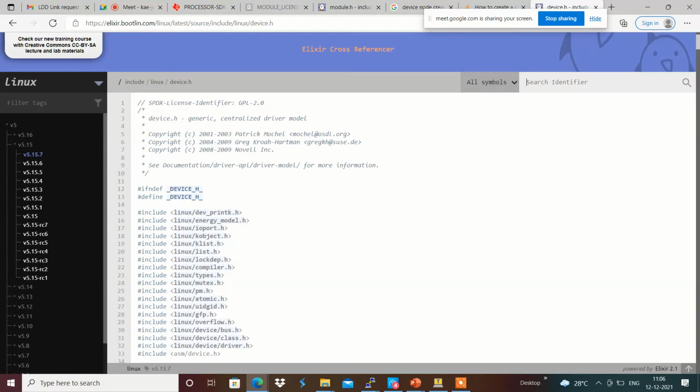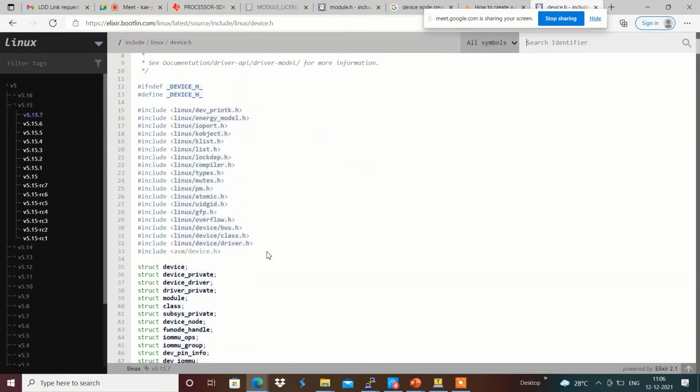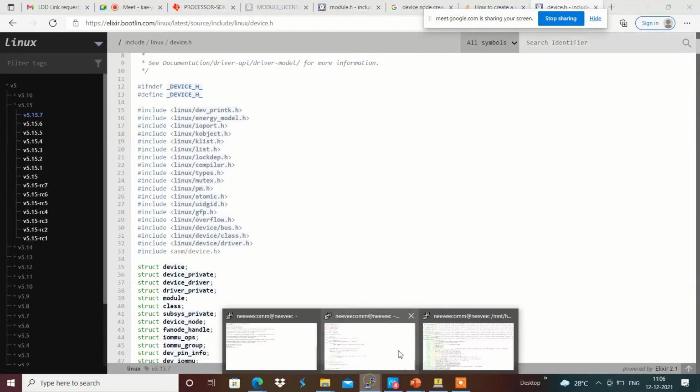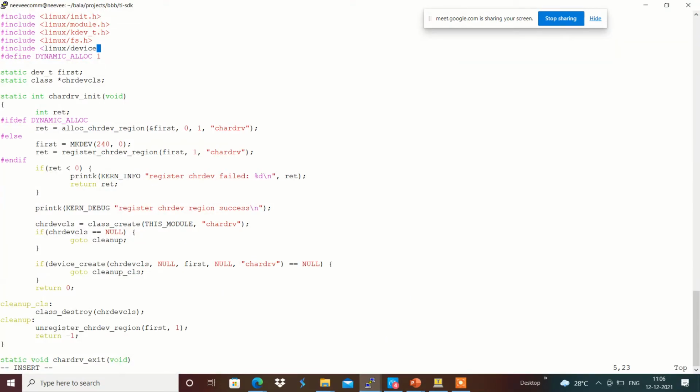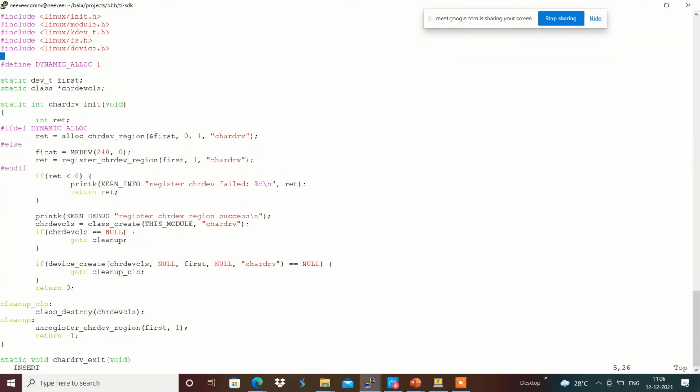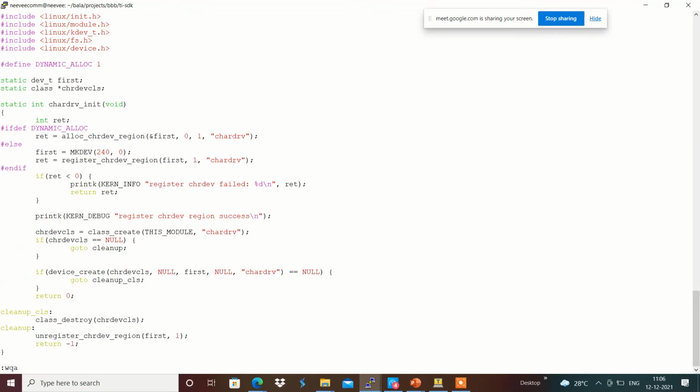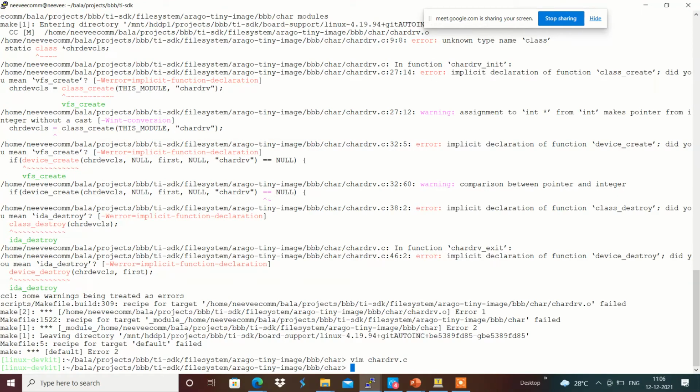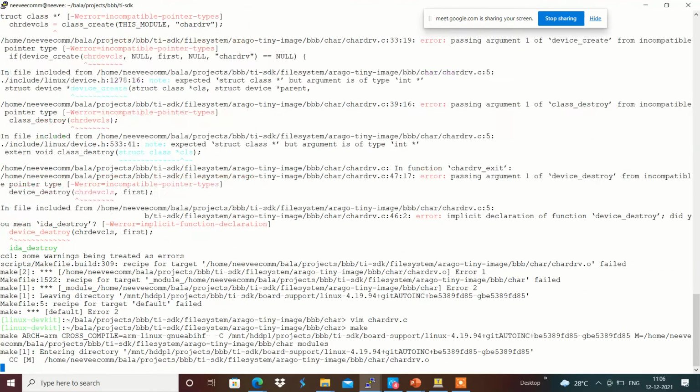For example, if I include the Linux device.h, it includes the Linux dev class.h and driver.h. All the specific things will get added. That's why I'm going to use Linux device.h over here. I think this will make the complete definitions get included.